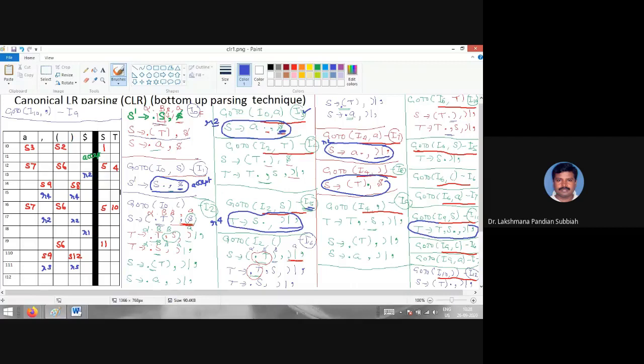Then I12 also here we are having R1 with close plus, so here we are having R1. This is R1. This is R1.